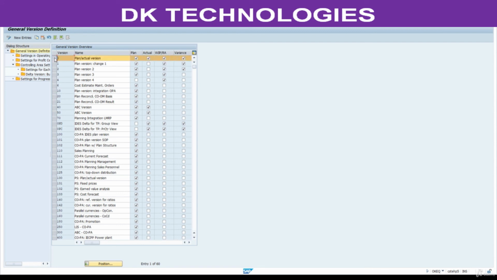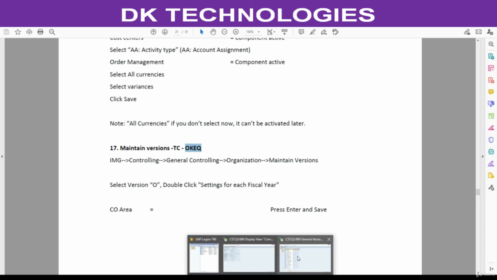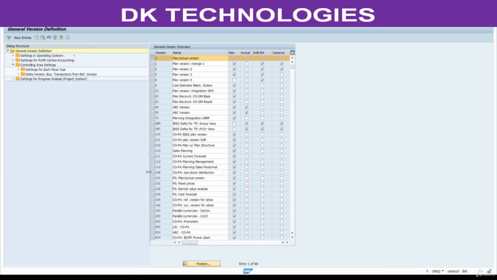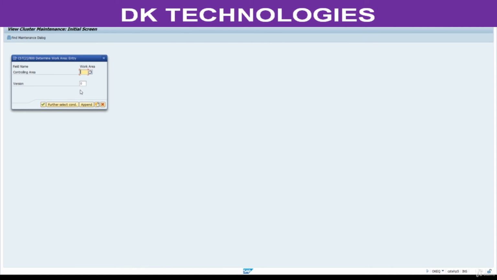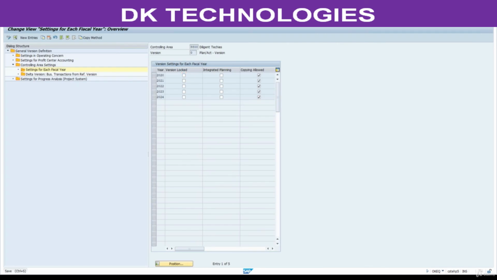Now click on these versions, select version 0, double click settings for each fiscal year. So click on this one, enter your controlling area. My controlling area is 8800. Press enter. Save this.